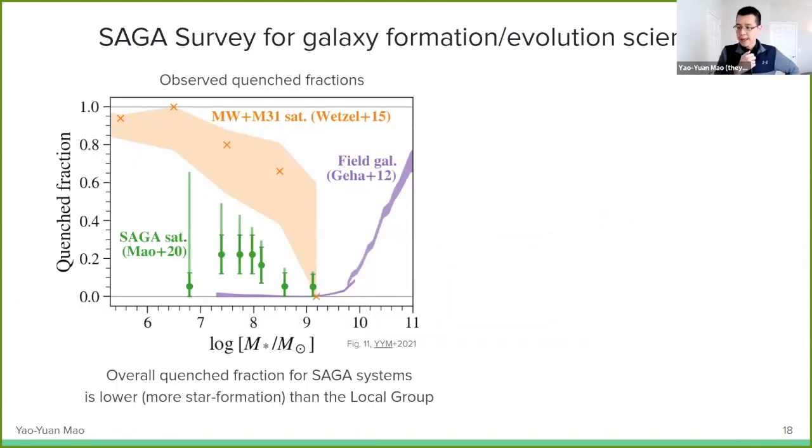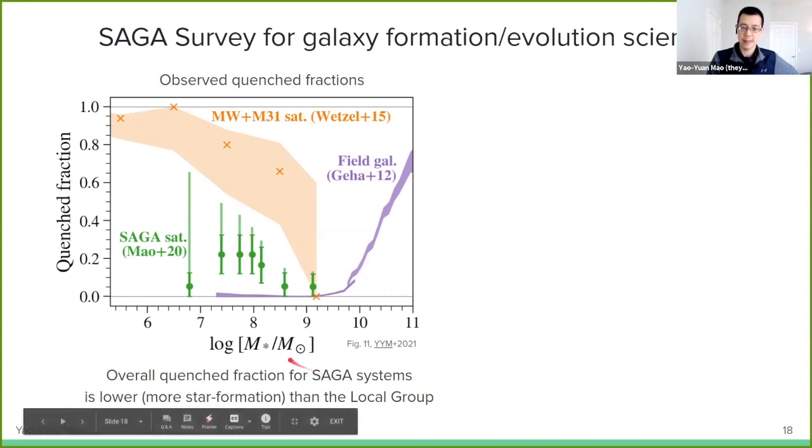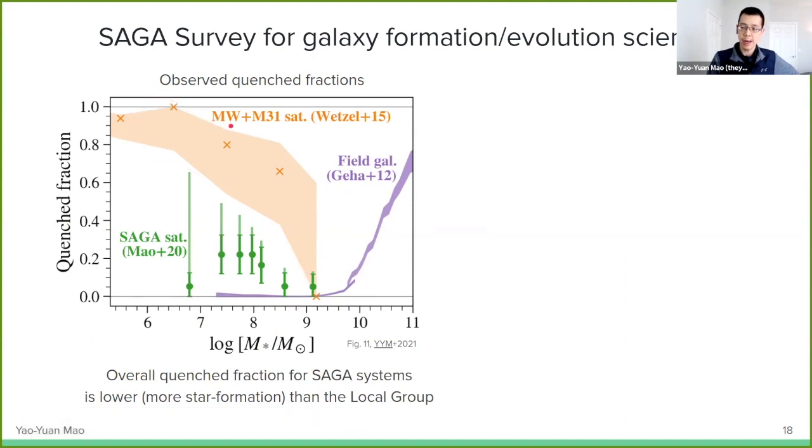So I would just say very rapidly that the SAGA survey, in addition to documented science, is also very interesting to study galaxy formation and evolution. Here you are looking at the quench fraction, or the number of non-star-forming satellites to the total number of satellites, as a function of stellar mass. And you can see the SAGA points are roughly here,